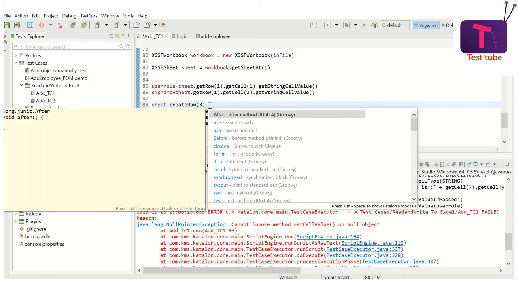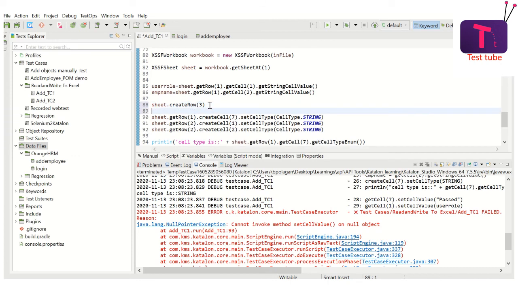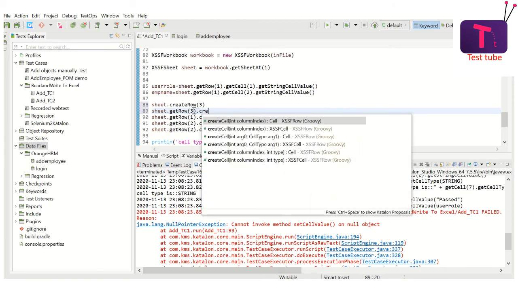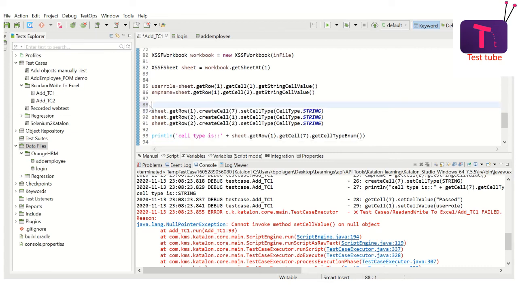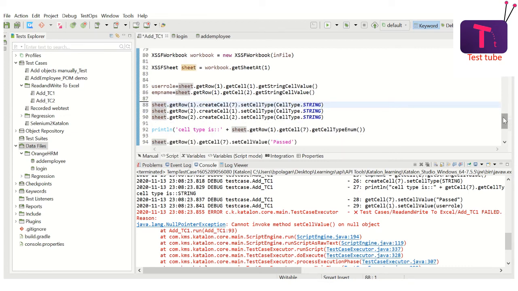So here I have created the row. Now I use something similar to this. Now I created the row. Now I get the row number 3, and again you have to create a cell, whichever you want to create, and you continue to do how you do it. All right. So these are the most two common problems which you will face, and when you face this, this is the solution.